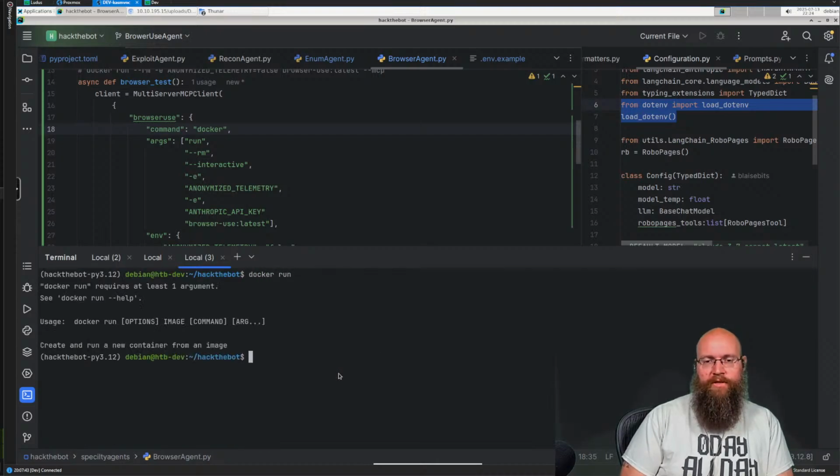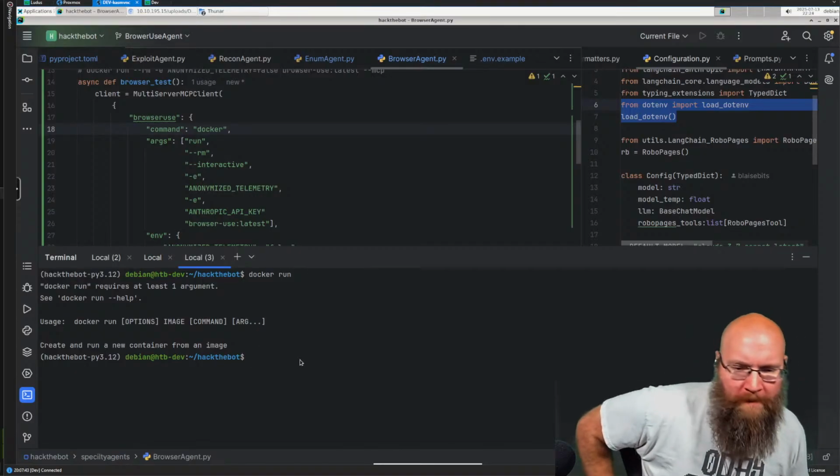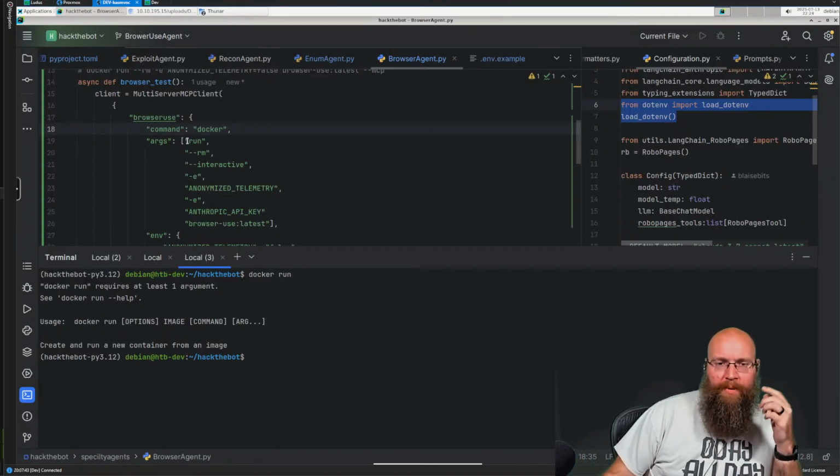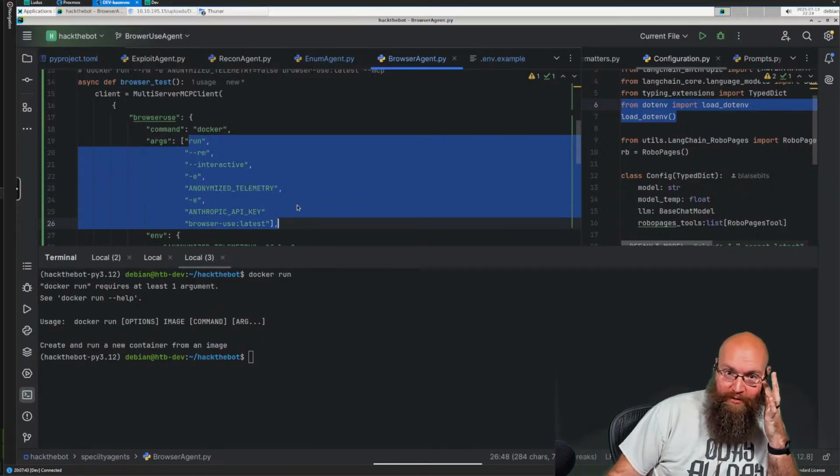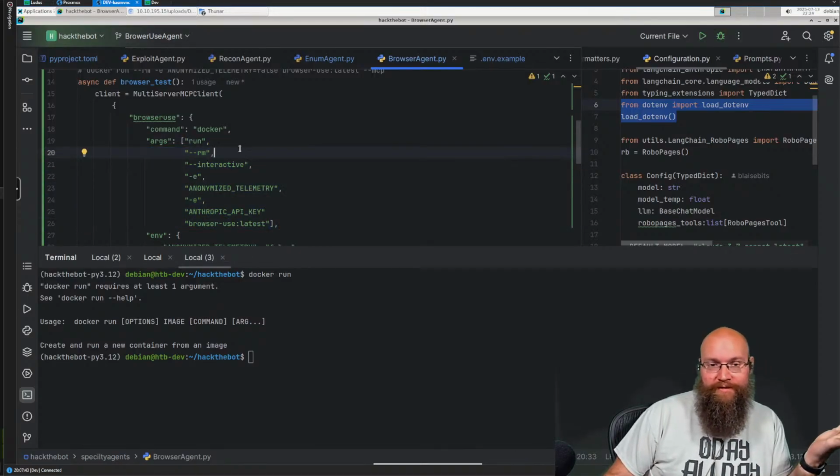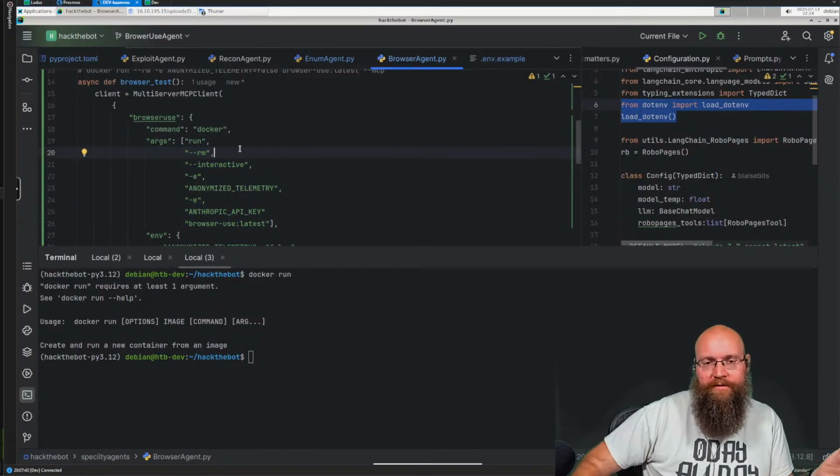If I just run docker run, this is the error that we get, right? Docker run requires at least one argument. That's the part that's idiotic. I was like, but we passed a butt ton of arguments to it. Look at this. What are you doing? Why do you hate me?